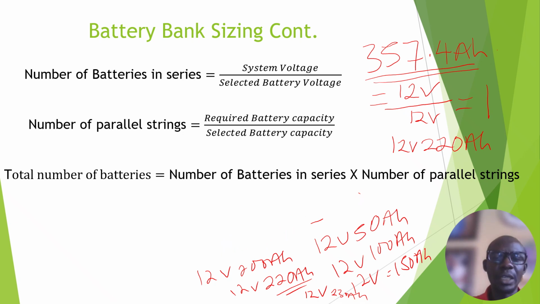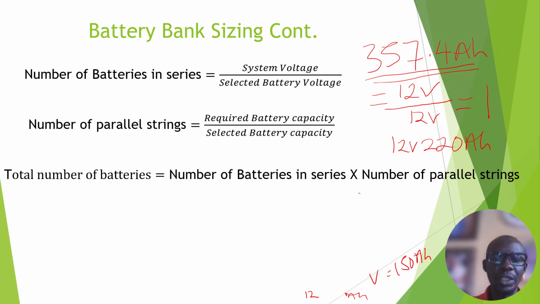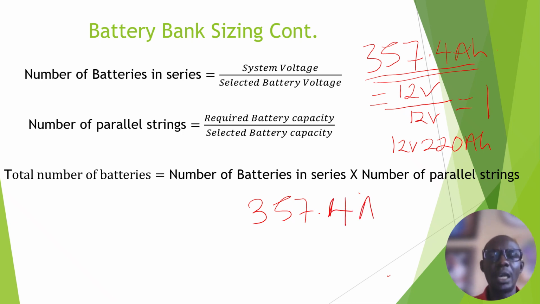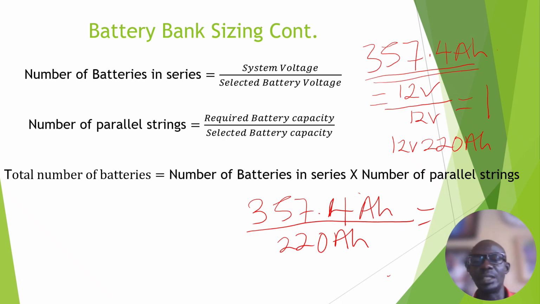So what we need now is to calculate the number of batteries in parallel that we need. Are you getting it? We know the required battery capacity which we got is 357.4 amp hour, divided by the selected battery capacity. I've decided to select 220 Ah. That's the battery capacity I selected to be used. And now 357.4 divided by 220. That will give me